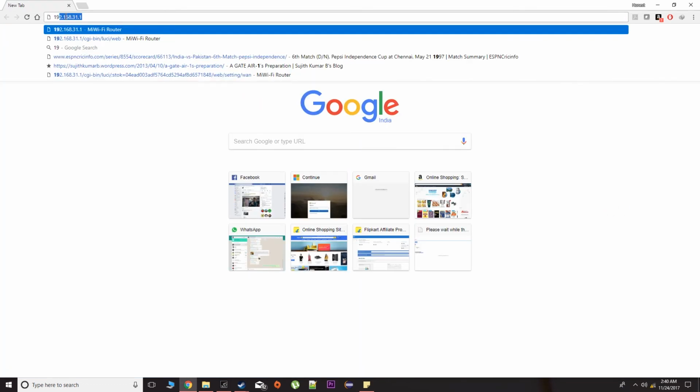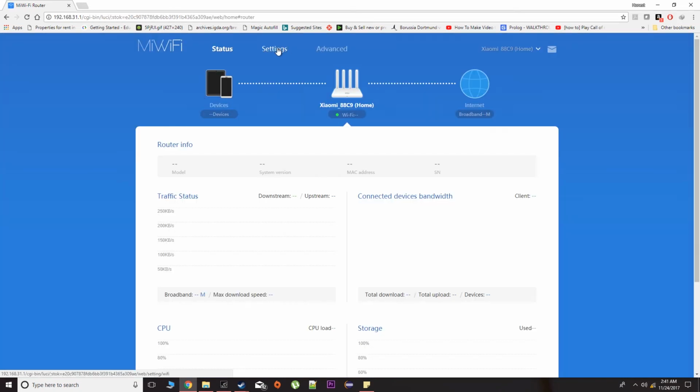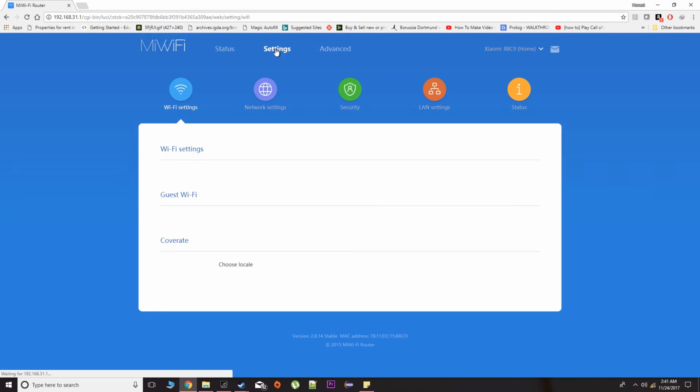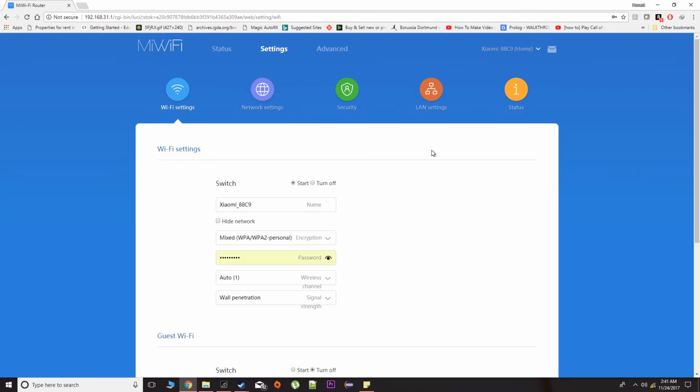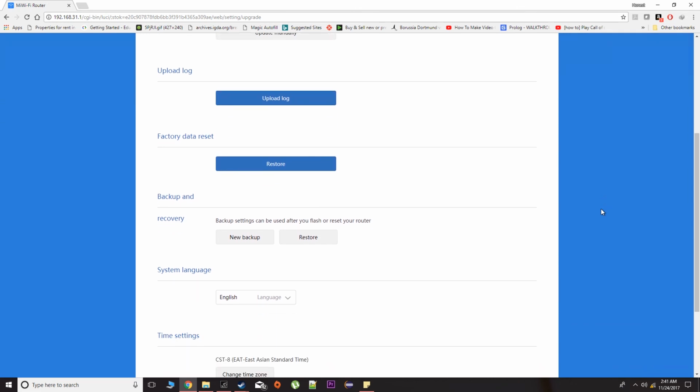Go to the router admin page. We use the admin password here. Go to settings, then status. Now basically what you would like is to restore your existing created backup. For that, click on restore option here,